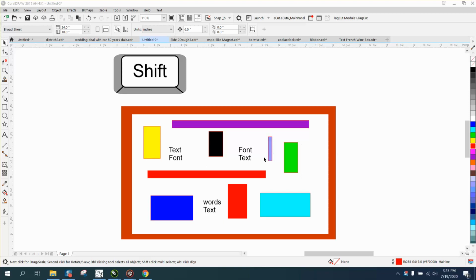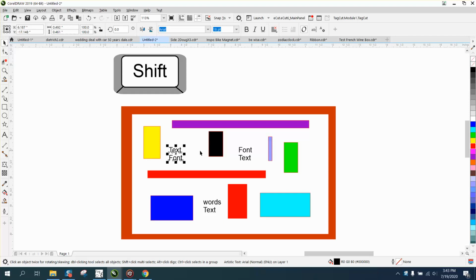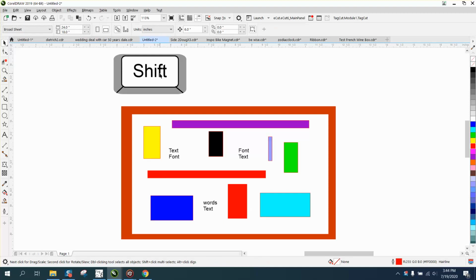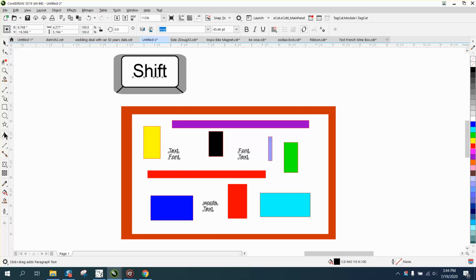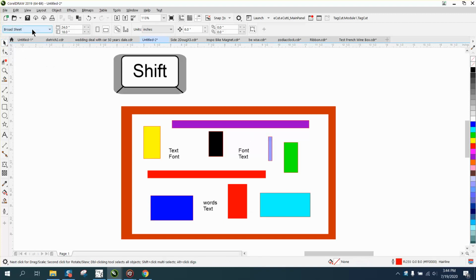Let's say you've designed something and it's really got a bunch of stuff, and to select that text, you'd have to hold down the Shift key, and then you could change it to 14 points or whatever you want to do. But you could also hold down the Shift key and double click on the text button, and it did the same thing. We can make it different colors, we can make it different sizes, or you can always go to